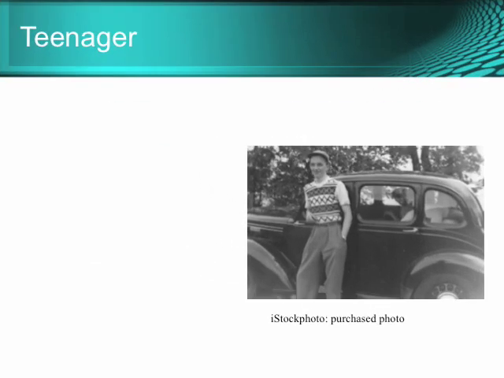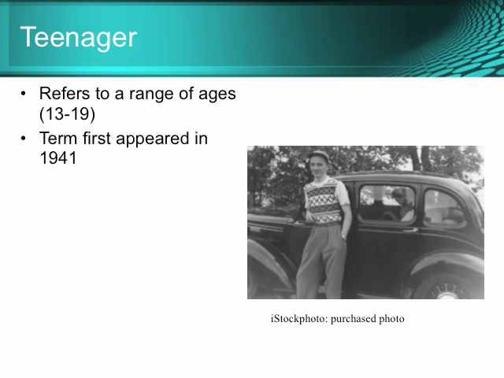Now, another term that has similar connotations, but really is different in terms of its definition, is that of a teenager. This is an individual who is between 13 and 19 years of age, and you can see that this period encompasses only part of the second decade of life. This term first appeared in print in 1941, and social historians believe that the term emerged as a result of the Great Depression,